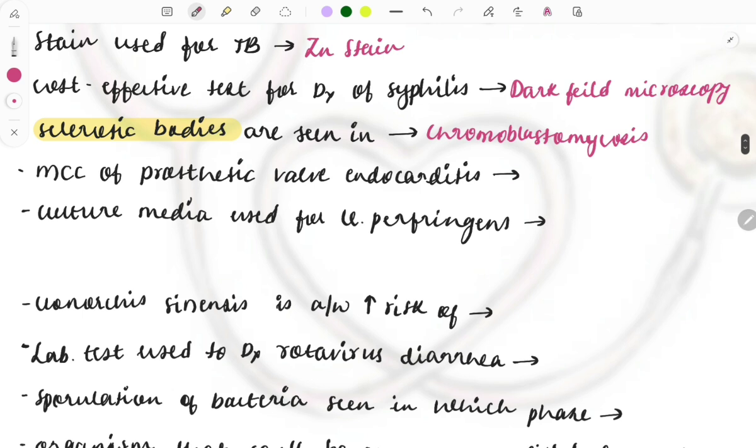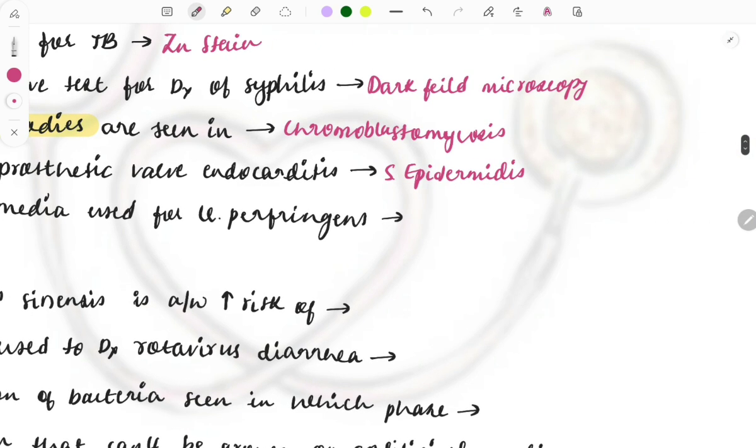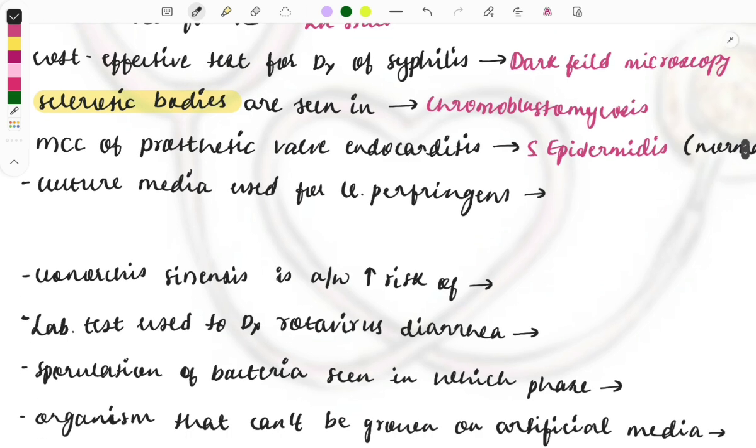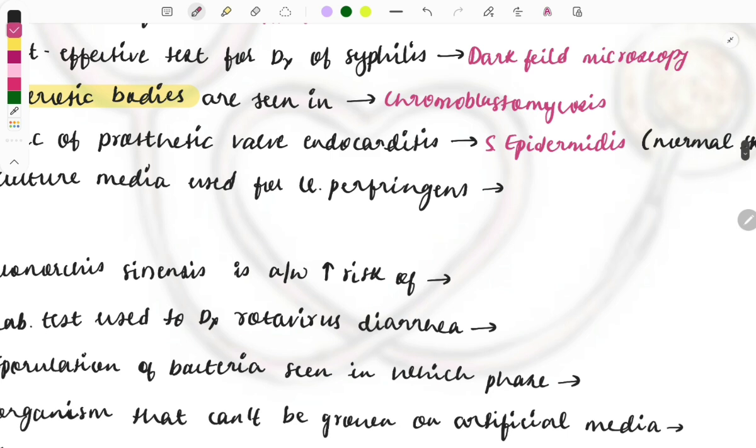Okay, then most common cause of the prosthetic valve endocarditis, so it is the staph epidermidis. Also another point to remember about this staph epidermidis is that it is the normal skin flora. Okay, so normally present on the skin, and whenever this prosthetic valve gets access to the bloodstream, it can cause this endocarditis. Okay, then culture media used for the Clostridium perfringens, so it is the Robertson cooked